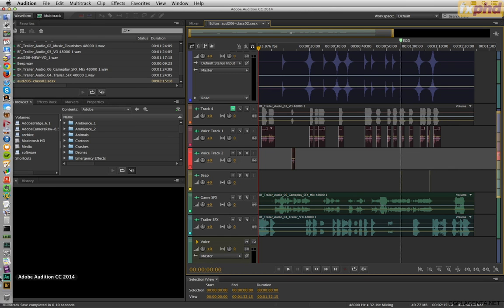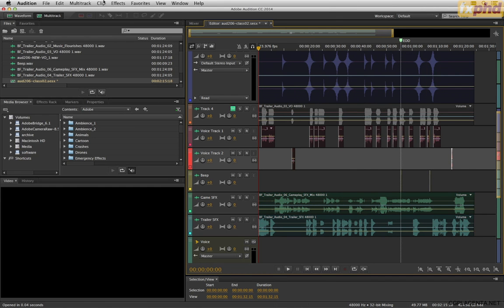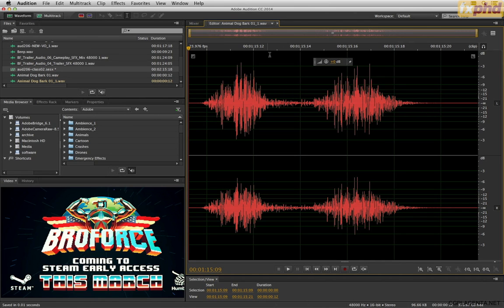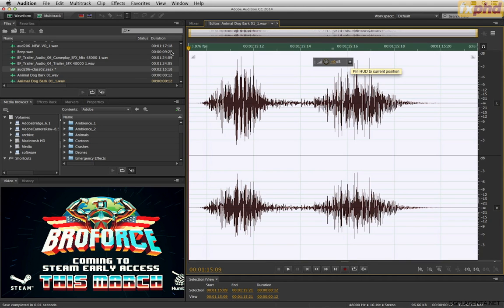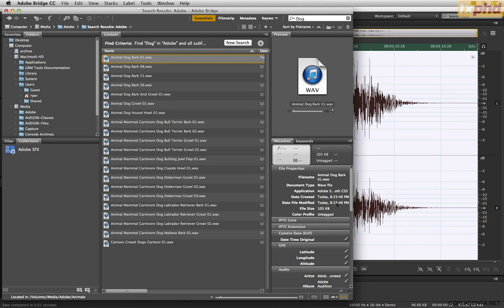But if I go to Bridge and I find our dog, and we drop our dog in again, you can immediately go up to Clip, Create a Unique Copy. And then if I go to Waveform and I modify this again, hit save, you'll see that the timestamp did not update